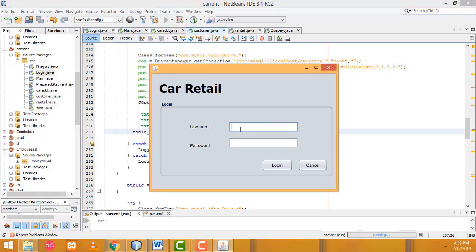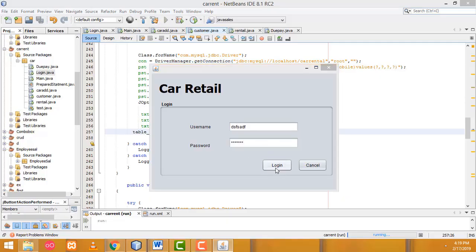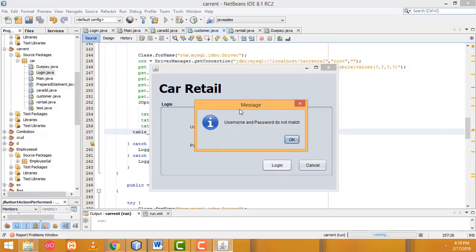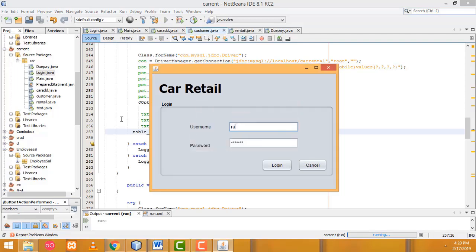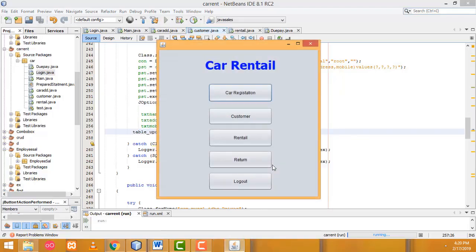Here, if you enter the correct username and password, you will be able to log in to the system. If I enter the wrong username and password and click the login button, the message displays that username and password do not match. And again it asks for the username and password. If you enter the correct username and password and click the login button,